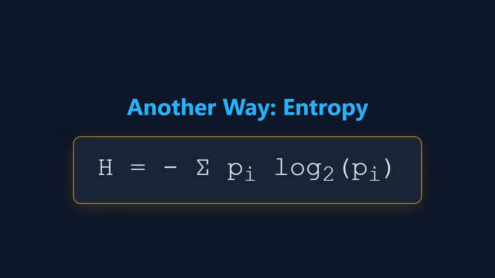Gini isn't the only measure. Another popular measure is entropy. Entropy measures uncertainty in a group. The formula is H = −Σ (i=1 to k) p_i log₂ p_i. If the node contains only one class, entropy is 0. If the classes are mixed, entropy increases. So both Gini and entropy are trying to answer the same fundamental question. How mixed is this group?